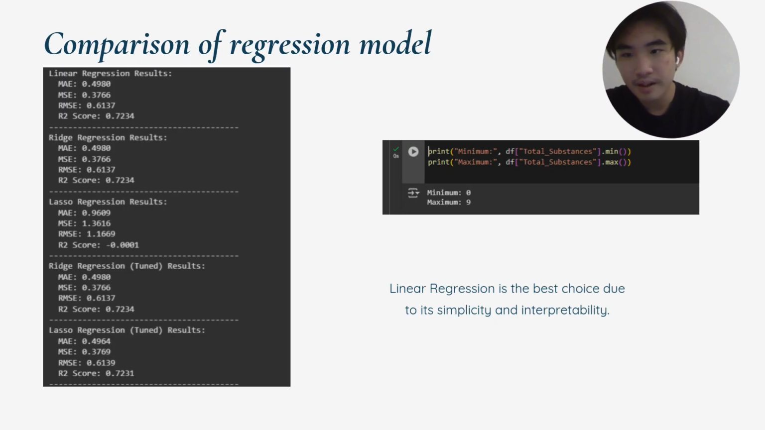This is the result for comparison of the regression. As you can see, linear regression and untuned ridge regression have the same result of 0.498 MAE, which is quite low considering the range of substance is from 0 to 9, as you can see on the right side. This is a good MAE, and the RMSE, which is at 0.6137, is also considered small, which means the model performs well. And R squared is also above 0.6, at 0.7234 to be exact, which means the model